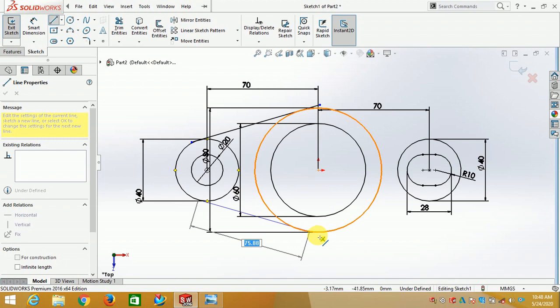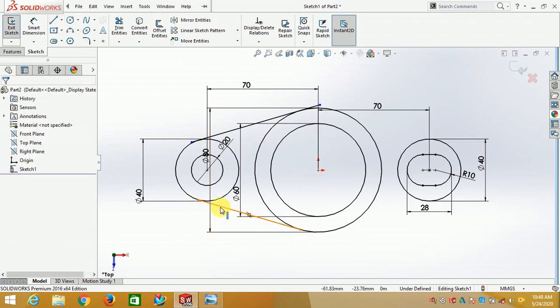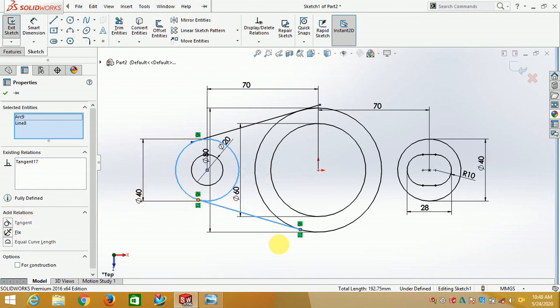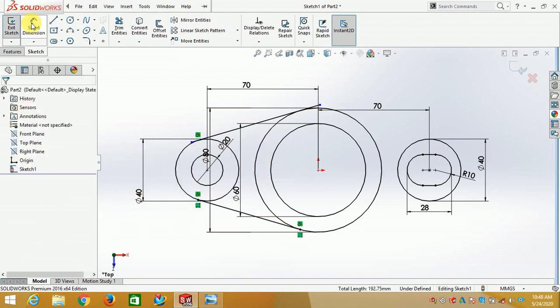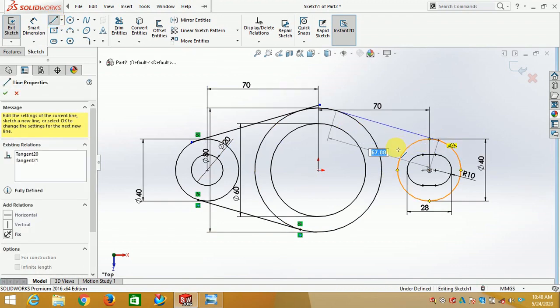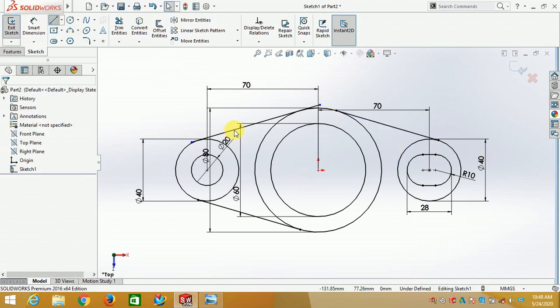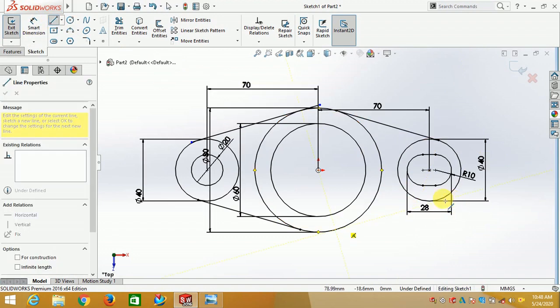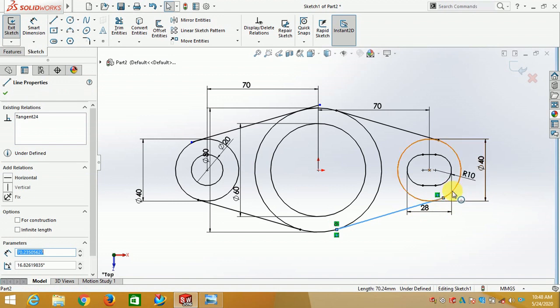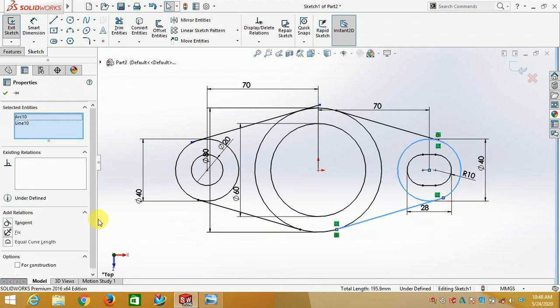Select this circle, select this circle, and you can see the tangent symbol is coming. If you want to verify, select the line and circle and you can see the tangent symbol. Same procedure, this circle, this circle. Here a blue line is coming, which means its relation is not perfectly added, so add that relation with tangent.